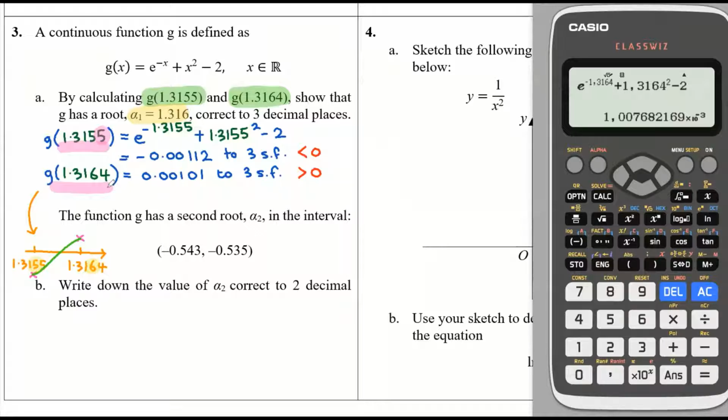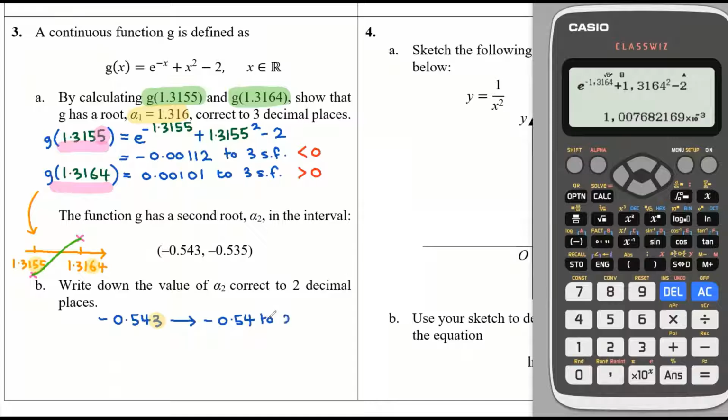Now for the next bit, it says that the function g has a second root alpha 2 in that interval, so on the negative side, and it says write down the value of alpha 2 correct to 2 decimal places. So we simply have to round each of those numbers to 2 decimal places, which is something you've been able to do for a long time, hopefully. Okay, so if we look at the first value in the interval, minus 0.543, that rounds to, so looking at that 3rd decimal place, okay, that means that nothing is going to happen to the 2nd decimal place, and we can just ignore the rest of the number. That's going to go to 0.54